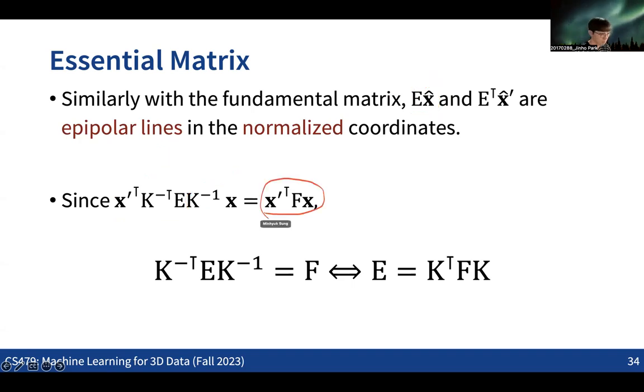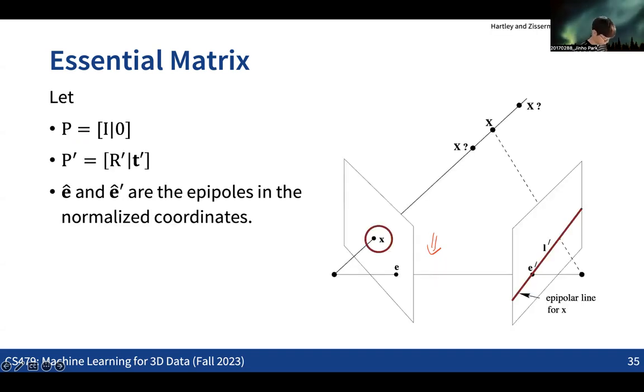So what we get is that, by the definition of the essential matrix, the essential matrix can be computed by just multiplying the intrinsic camera parameter matrices into the fundamental matrix. Here we are assuming that the intrinsic matrices of all the cameras are exactly the same, but the same thing can hold when the intrinsic matrix is not the same, of course; we are just simplifying the notation. Is it clear?